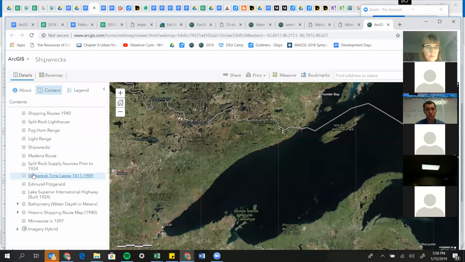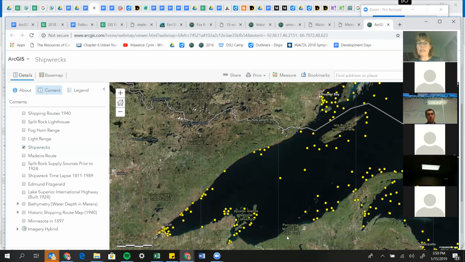Dan and I did look at this one. Let's see, where is the shipwrecks? Oh, here they are. And so this is really mind-boggling. The number of shipwrecks that there are is just fascinating. And then the dinners one is also really cool.